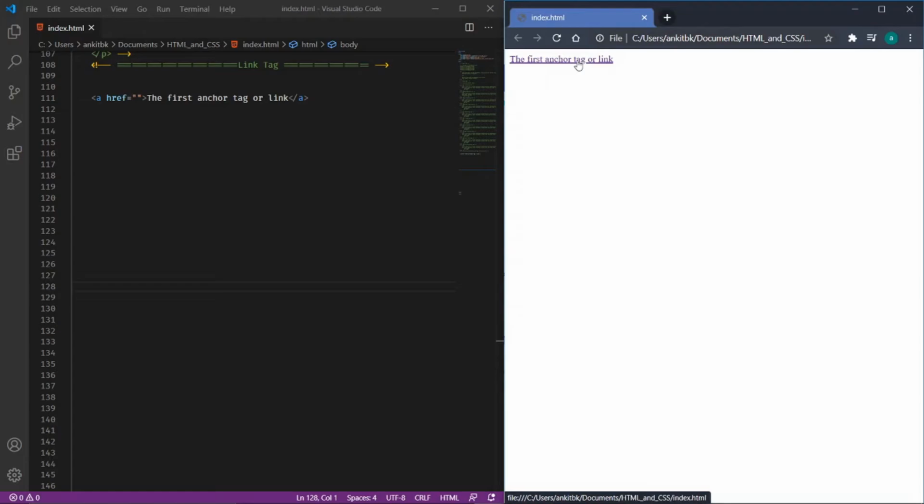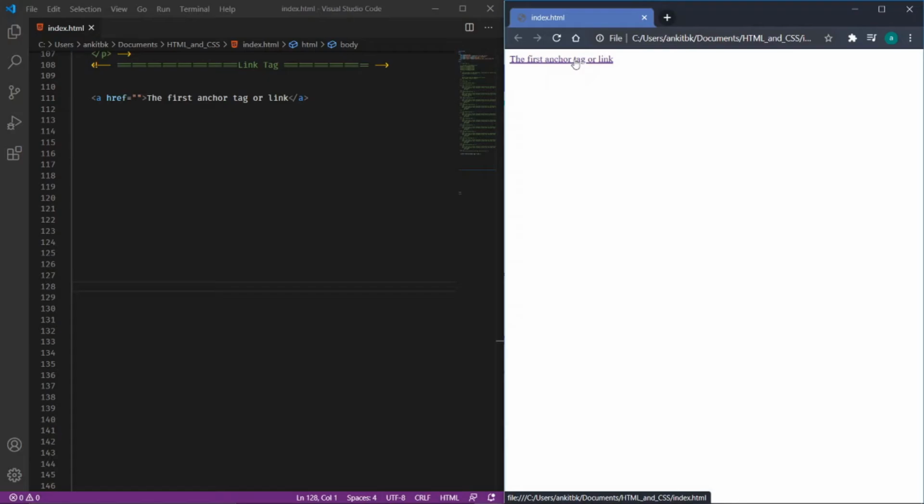And as you can see, whenever you hover over this link, the cursor changes to a hand symbol. So this also depicts that this link is clickable. It says this is an anchor link and it can be navigated to a different section, so you can just click it.